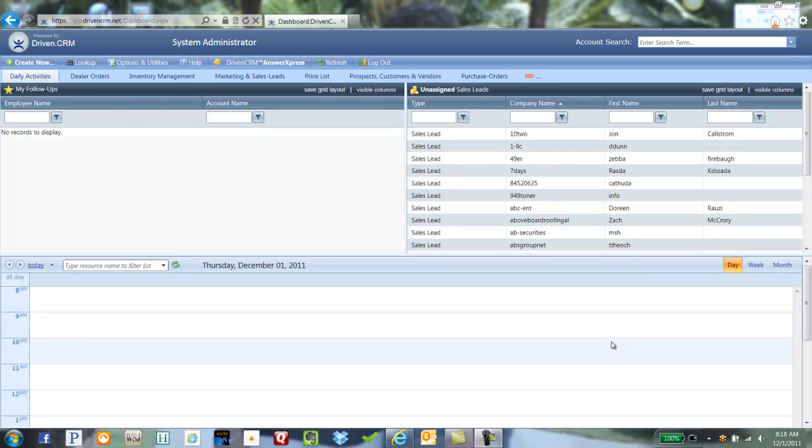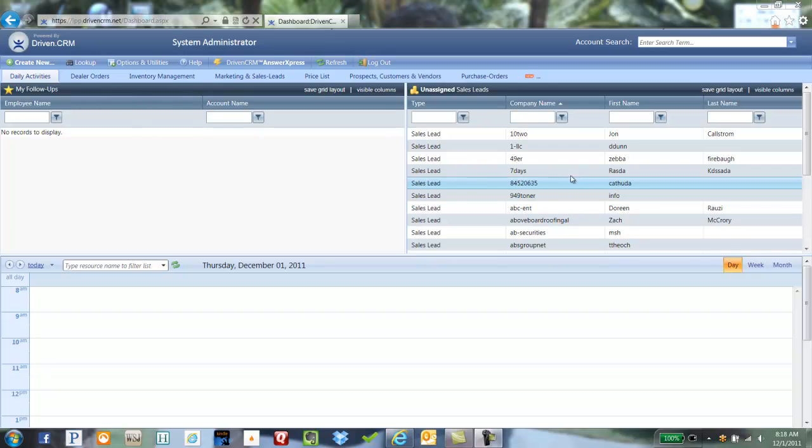I'm going to be walking you through how to enter a new lead directly into Driven. A couple of things before we dive in that you definitely want to explore. There's a panel over here on the right-hand side called Unassigned Leads. And we also have another one where you can actually see just unqualified leads. So you can look at all the leads that you have access to, based on your security credentials,